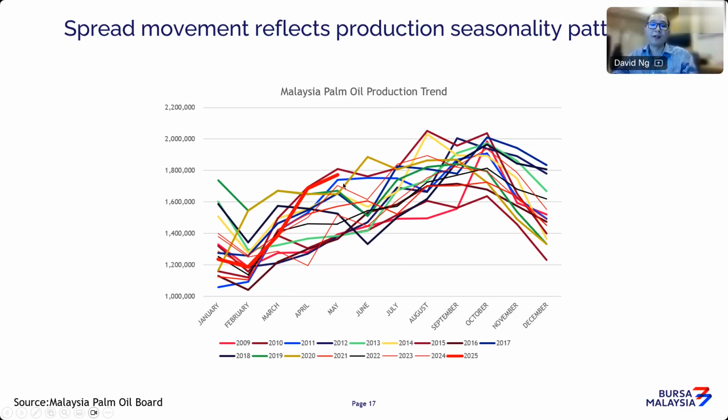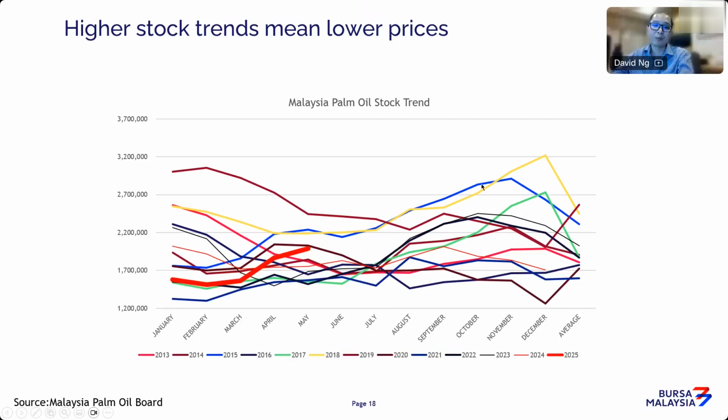Now, I'm not saying that this year is going to follow the same pattern. There's always a year where it doesn't follow. But throughout the past two decades or so, the production pattern is very clear. However, weather can take a toll. Sometimes weather can disrupt the production pattern, but it's safe to say, based on historical trends, that as we head into the September, October period, you can't be too bearish on prices, because you're entering a low production period in the CPO cycle.